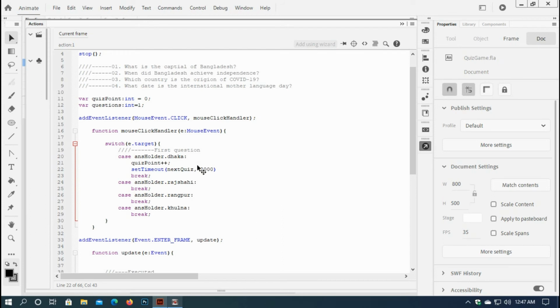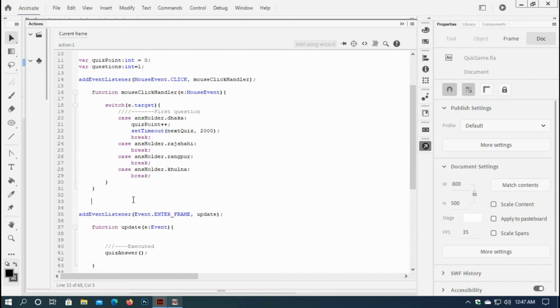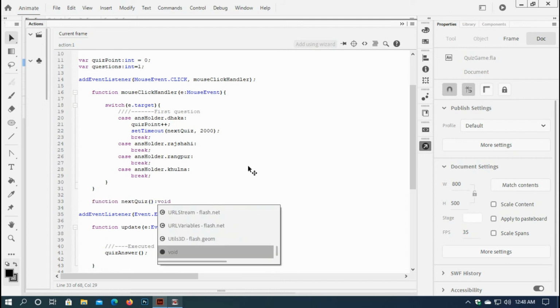That means 2000 milliseconds, that means 2 seconds. So just below this I'll create this function saying function next quiz void,